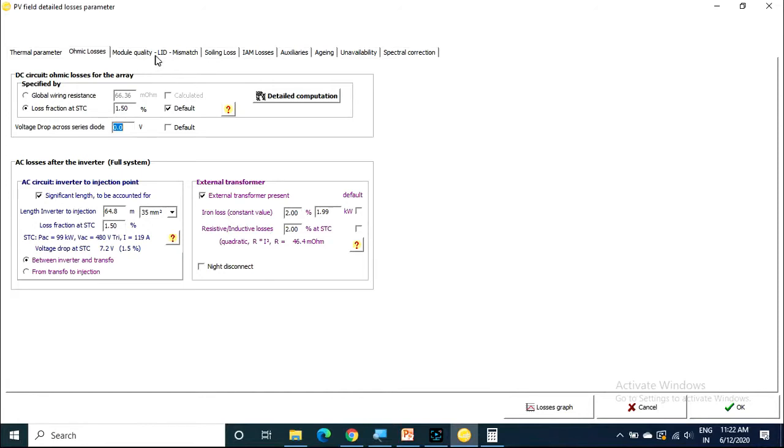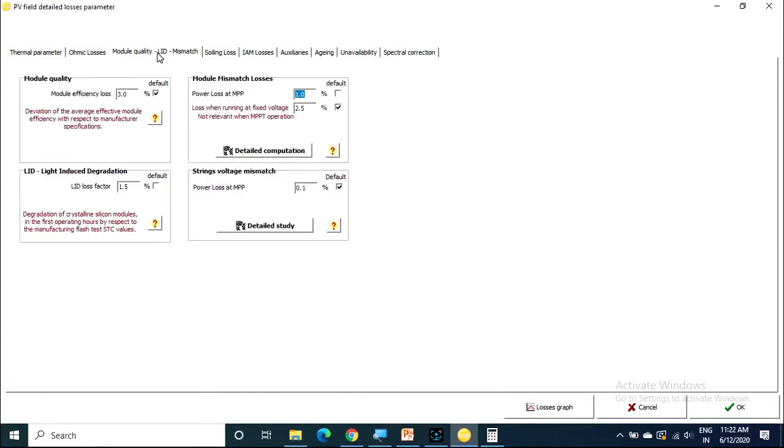Then module quality losses. As already explained previously, the manufacturer itself gives the tolerance value for whatever module we have chosen, 300 watt peak. LG Electronics manufacturer has given 3% tolerance. Why? Because from manufacturing to the practical condition, the power will deviate. So this 3% is indicated by the manufacturer itself.